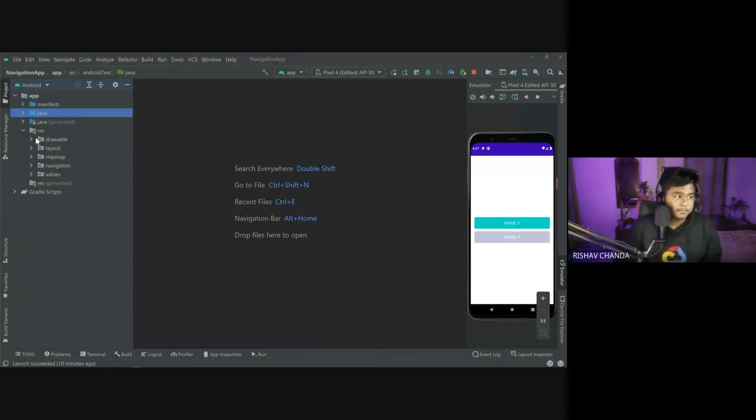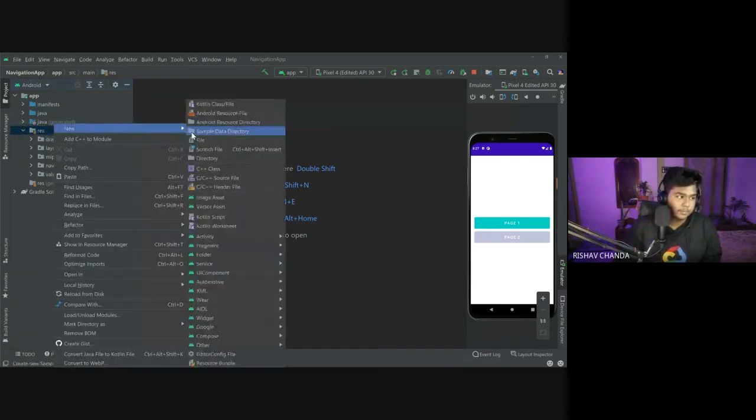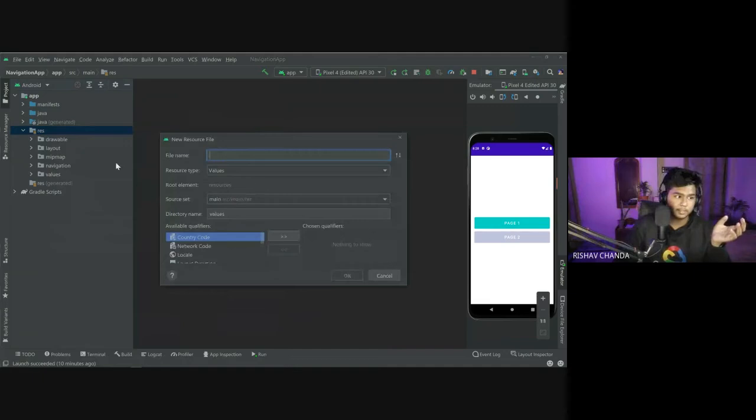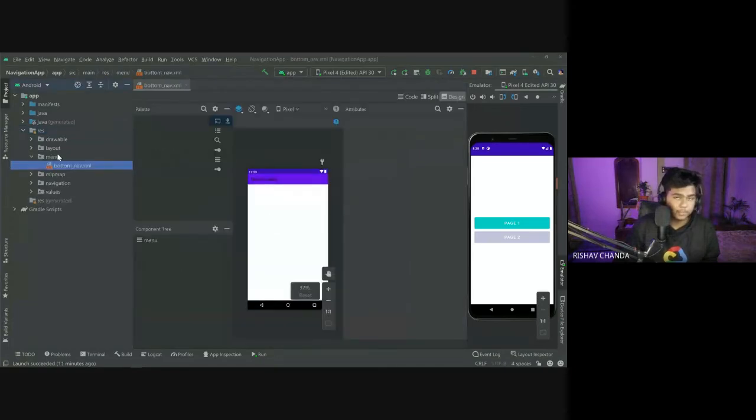Yeah, so to create the menu, go to the resource and right click on this resource, then click on new, and to create the menu resource file, click on Android resource file. Then in this Android resource file, for the name, I would be giving it bottom nav. And after this one, you have to change this resource type. By default it is values, change this one to menu. So only then can you implement that one. So click on OK. Now you will see that a new folder menu will come in front of you in this resource manager. Okay, and there is a bottom nav.xml file. Now let me split this one.